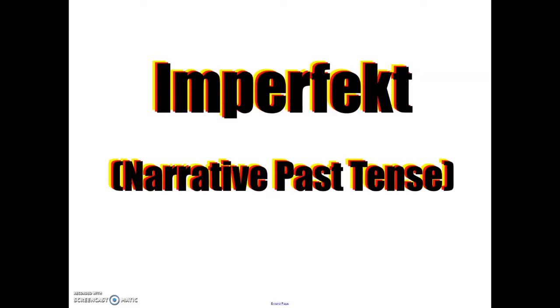In this video, we're going to be looking at the imperfect, known as the narrative past tense. In the German curriculum where I teach, we learn the present perfect tense first in German 2 and the imperfect second in German 3. I will be using examples of the perfect throughout this lesson and referring to it with the understanding that my students who would be using this video have already learned the perfect, the present perfect tense.